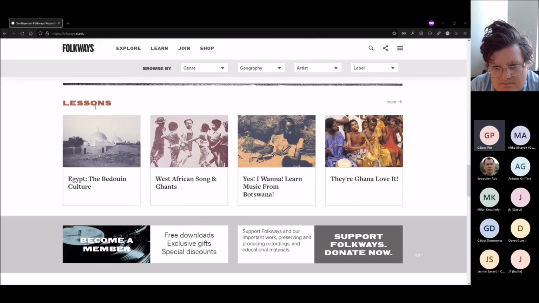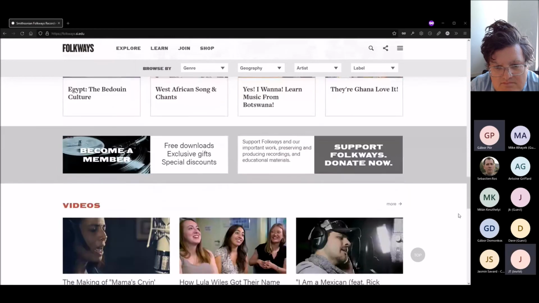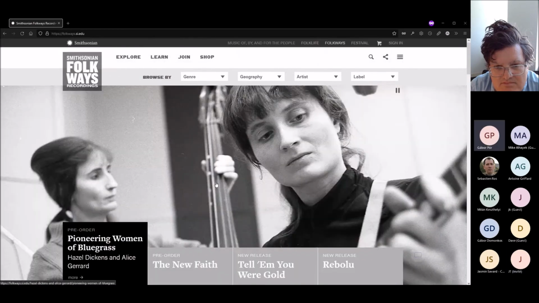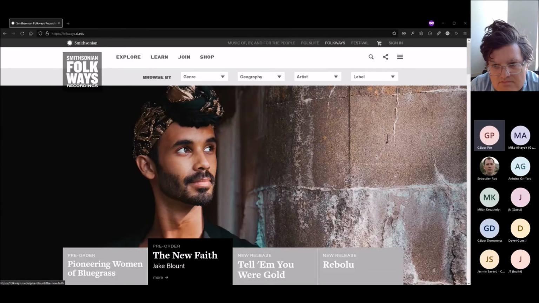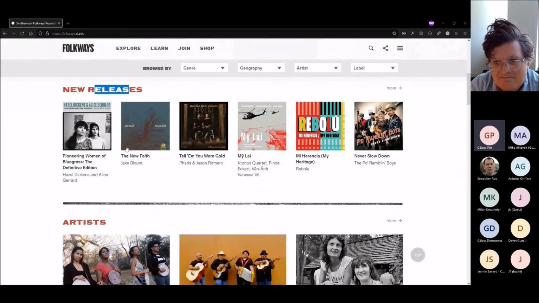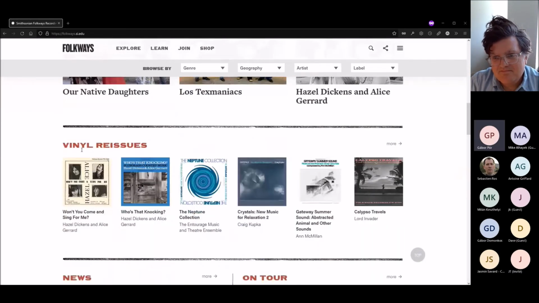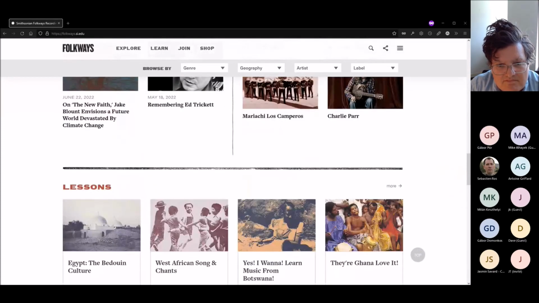And now for a more general overview of the site's pages. The home page, which you can see right now, serves navigational purposes for the most part. It shows the latest available contents of the site, which includes new releases, artists, vinyl reissues, news, and so on.